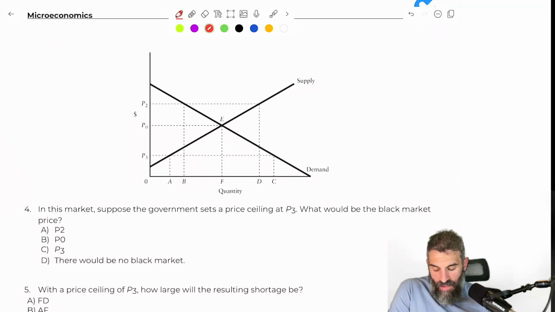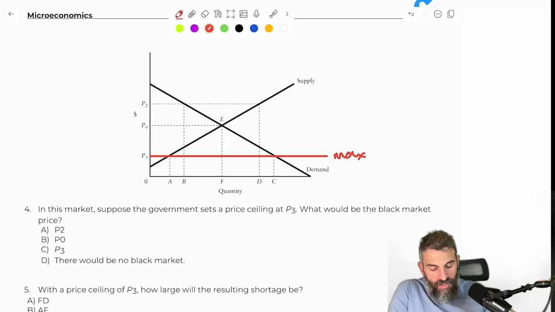Okay, so you're given this graph here. In this market, suppose the government sets a price ceiling at P3. So what happens if the government comes in and says, price ceiling, this is therefore a maximum price. We're not going to allow the price to go higher. What would be the black market price? I showed you guys how to do this. The black market price would basically be